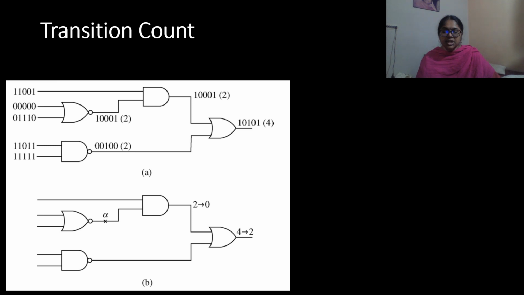For example, transition count 2 is generated by each of the following 6-bit sequences. For example, 0 1 1 1 0, 0 1 1 0 0, 0 1 0 0 0, 0 0 1 1 0, 1 1 0 1 1, or 1 0 0 0 1. For all these inputs, you have a transition count of 2. Hence, there is a possibility that a faulty sequence will produce the same transition count as the good sequence and therefore go undetected. However, as the sequence length increases, the hazard of fault masking diminishes.